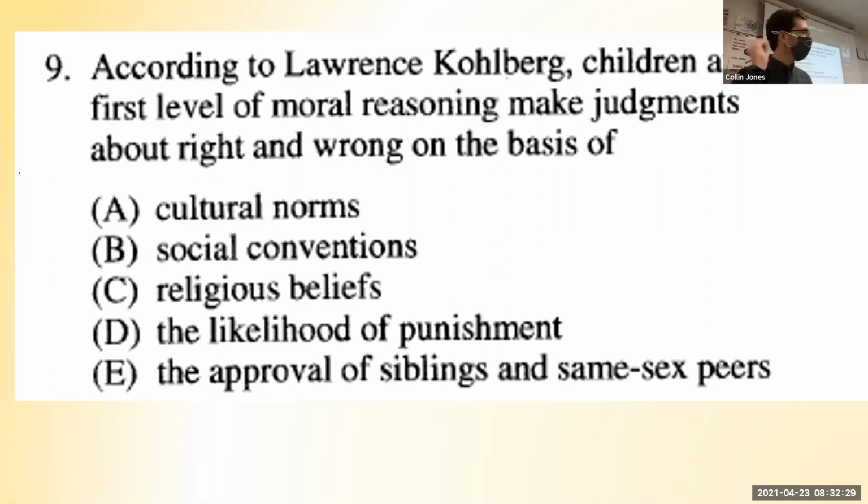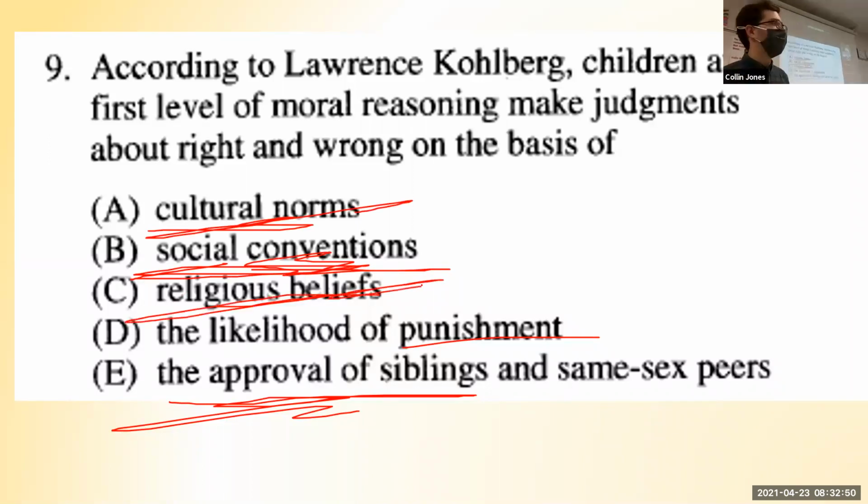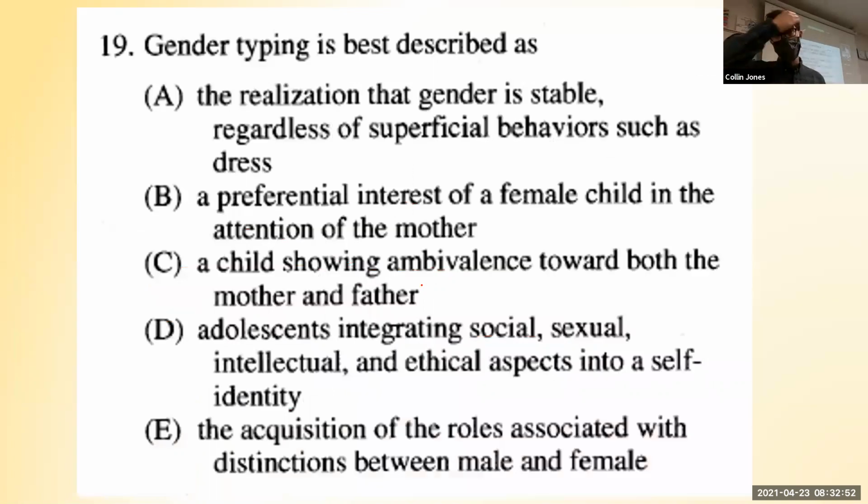1, 2, 3. D is correct. They only care about rewards and punishment. Very good, Veronica. Thanks so much. They only care about rewards and punishments. The next stage would be them caring about like approval. The third stage would be them kind of thinking about how society has to work, what's expected of them. And then Kohlberg would say the most moral stage is when you have these strong ethical principles that guide your behavior.